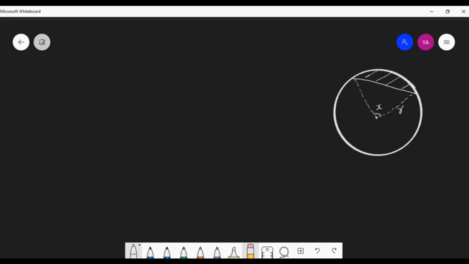Right. So in this picture, the area of the shaded segment is equal to, what will come? Area of the corresponding sector minus the area of the triangle made by joining the same arc and two radii through the endpoints of that arc. So we will get the area of the shaded region, right?